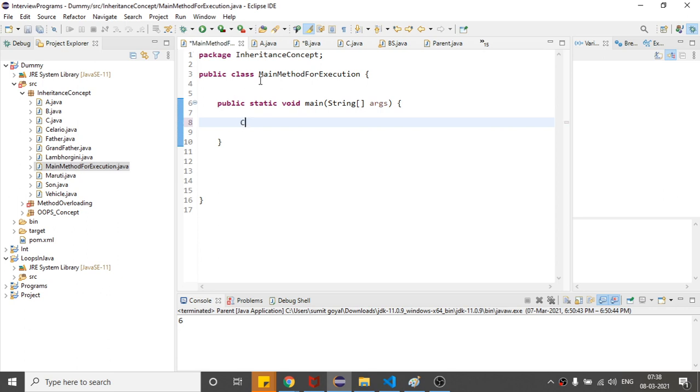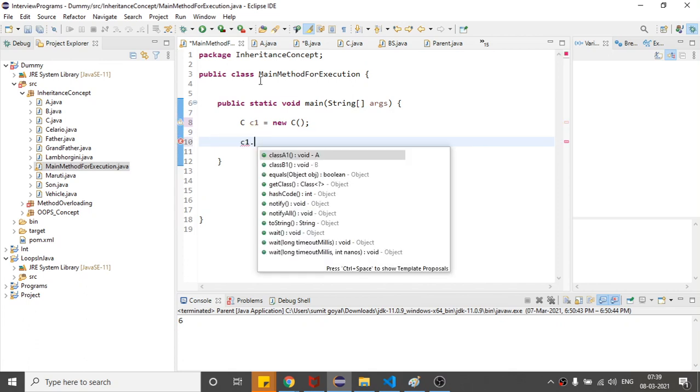So if I simply create the object of class C, so if I write C1, and if you see C1 dot, you can see both methods are accessible, right?